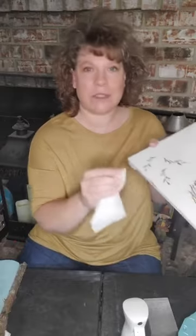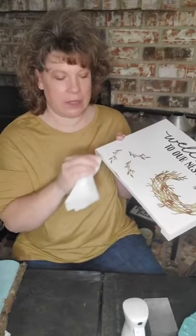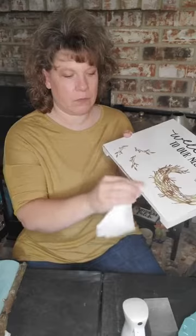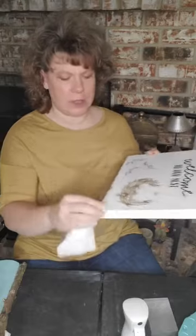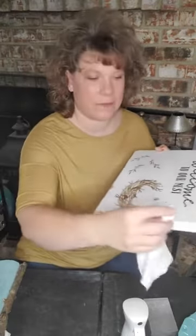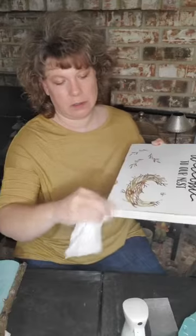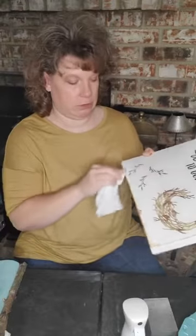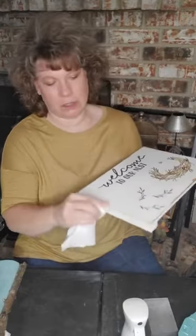So I just put it on, whoops, baby wipe and sprayed it with the water. Before we go further, let's see. And I'm going to try it on the bottom because that's where the twig's going anyways. I'm going to rub it down the side right here to give it that distressed look or not so perfect look. I tried sanding it and it didn't sand enough. I want it to sand a little bit more. And I don't want it to be perfect, so I'm just kind of smushing it on there. Just so that it kind of has a rough looking,